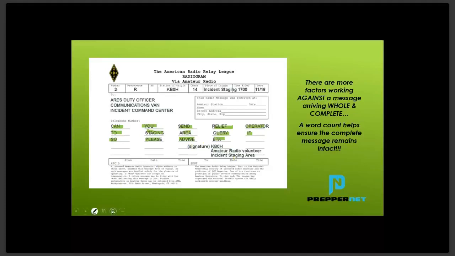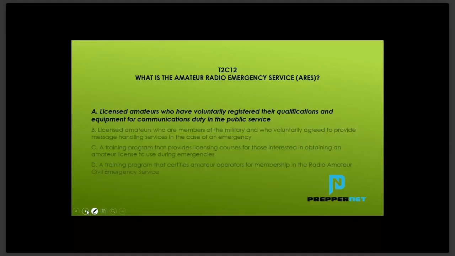So, anyways, what is the Amateur Radio Emergency Service, ARES? It's just a group of licensed amateurs that have voluntarily registered their capabilities, their qualifications, what they can do, with a registry service. So in North Carolina, I belong to what is called North Carolina AUXCOM, Auxiliary Communications, and